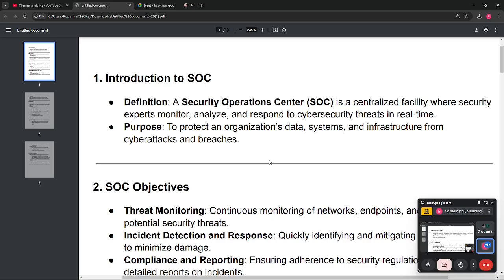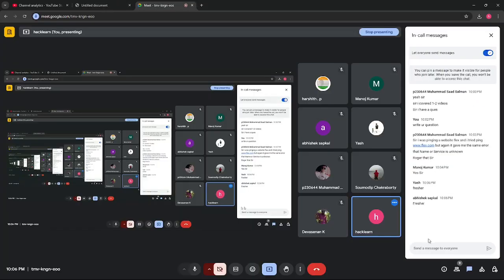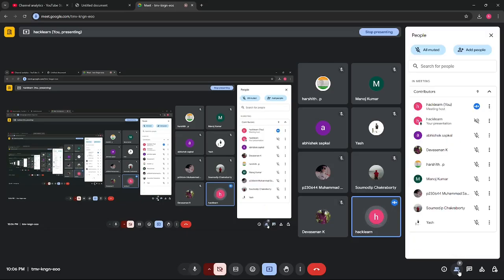If there is no SOC team there, there might be certain attacks happening on the IT infrastructure, and that may damage the company's reputation, and may also cause a lot of data theft. So to get rid of all this, we have a SOC team in every company. So anyone who is pressured, okay, okay. So this course will be cool for you.